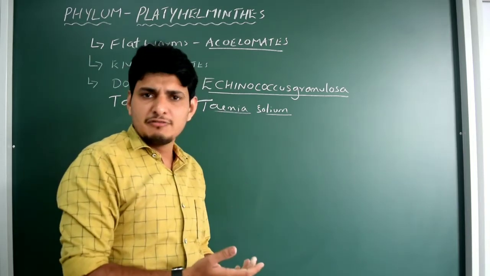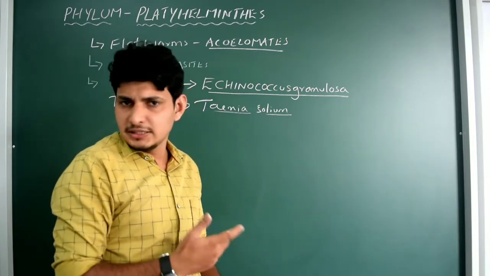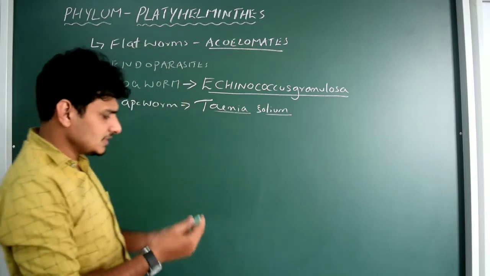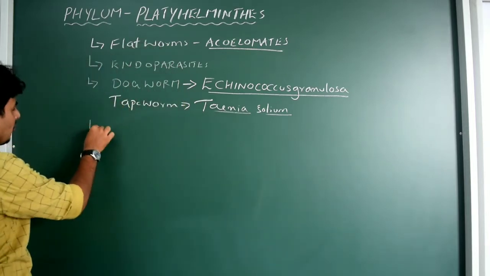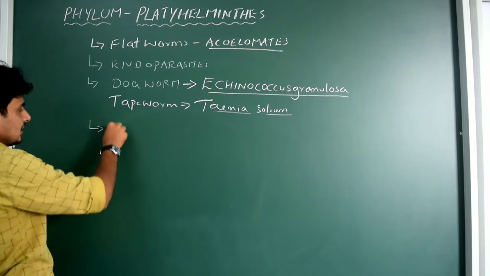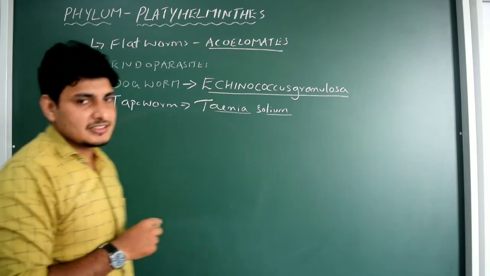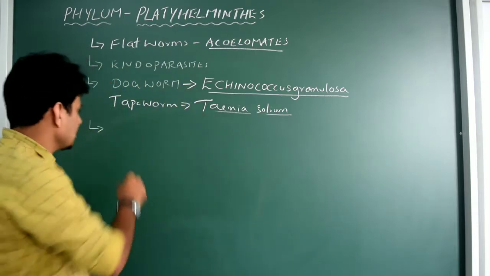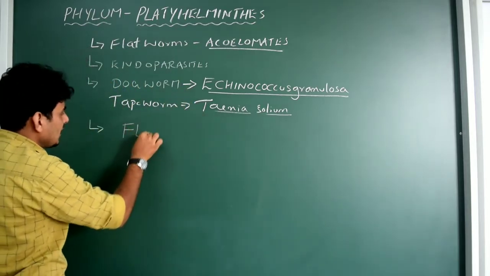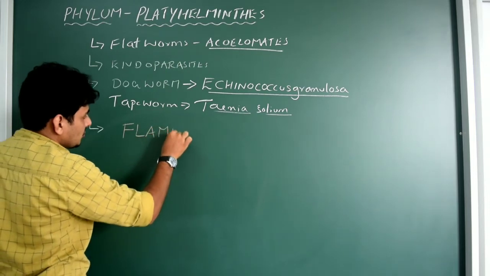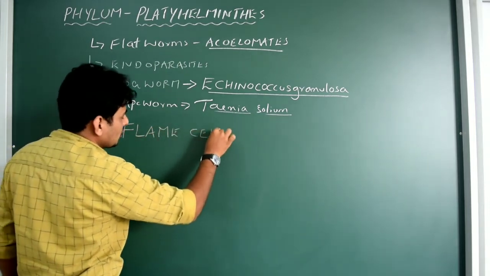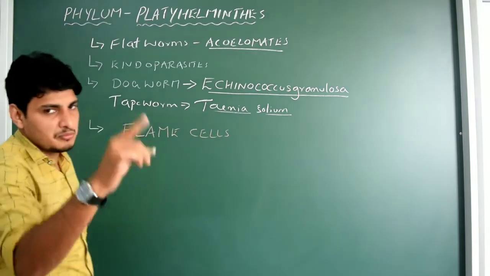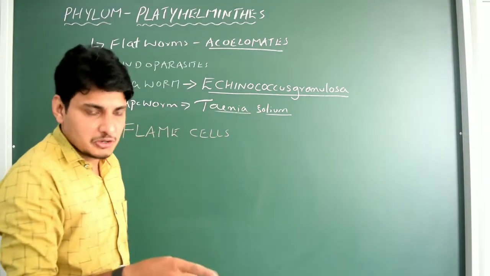The next one is liver fluke, Fasciola hepatica. Yes, we have already studied about it. Let us see that here. The very important point to remember is its excretory cells. Excretory cells in the Platyhelminthes are always a type of cell called flame cells. You know about it because I have stressed this point, because it's very important for both board as well as competitive part.